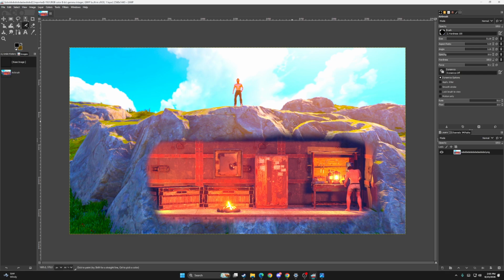Hello, hello, hello. Welcome to a GIMP tutorial on how to create a layer mask or how to use a